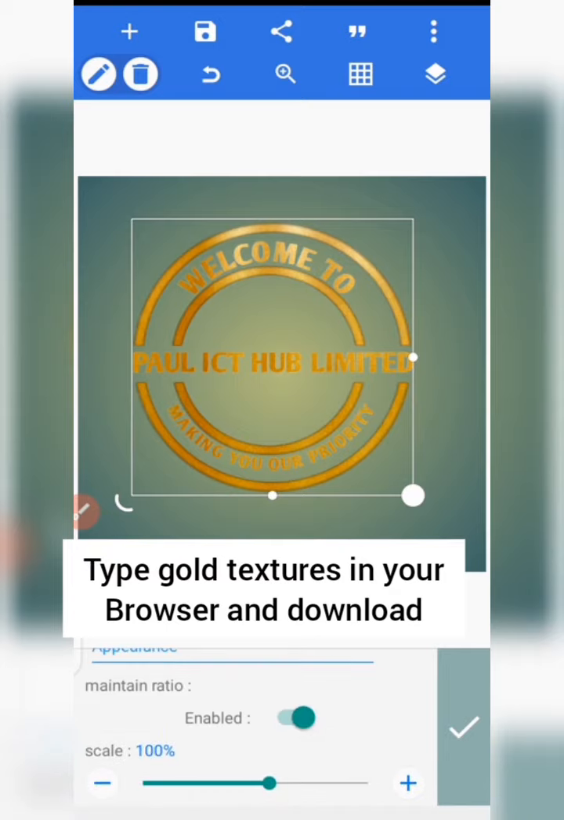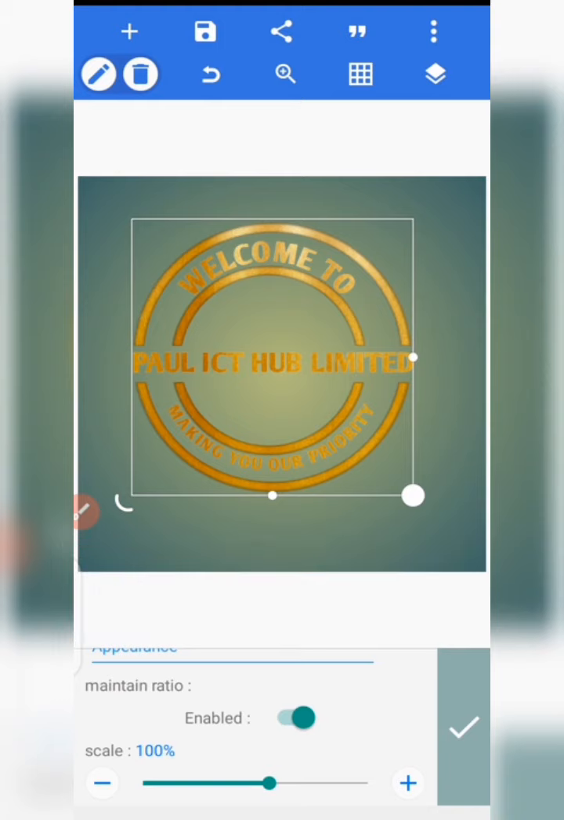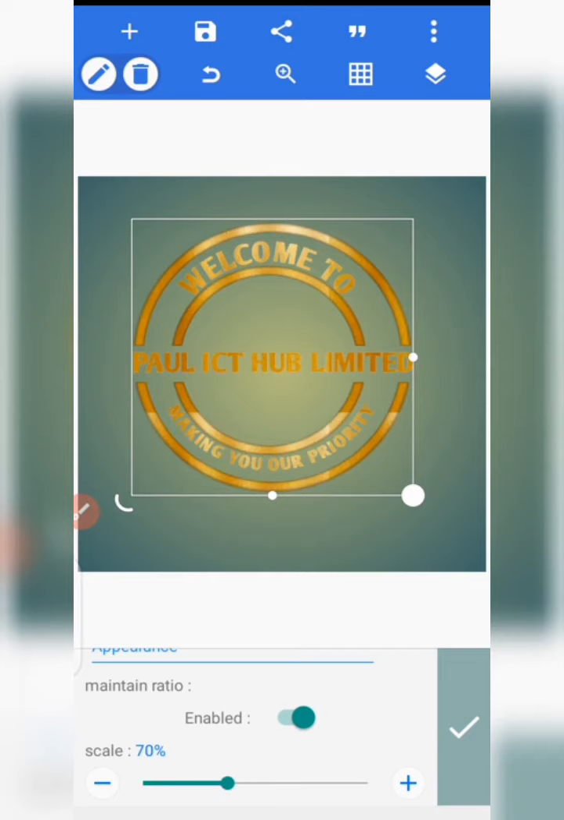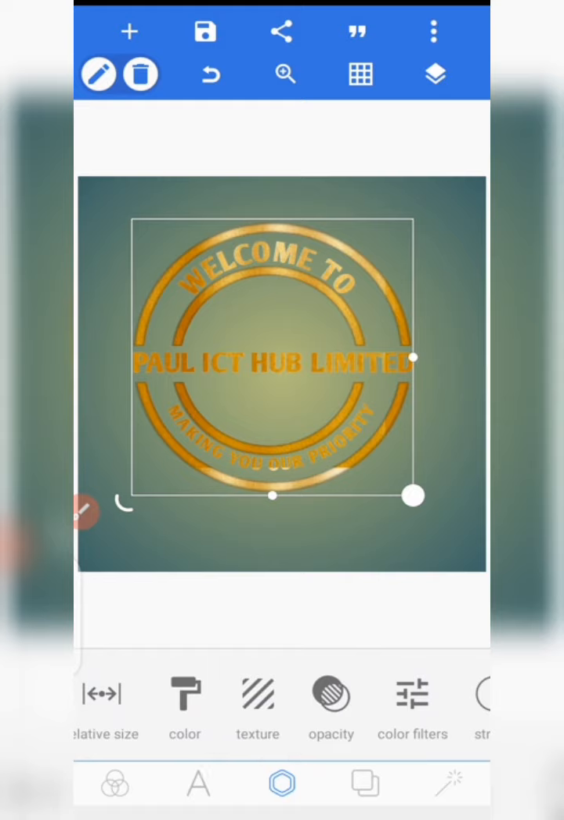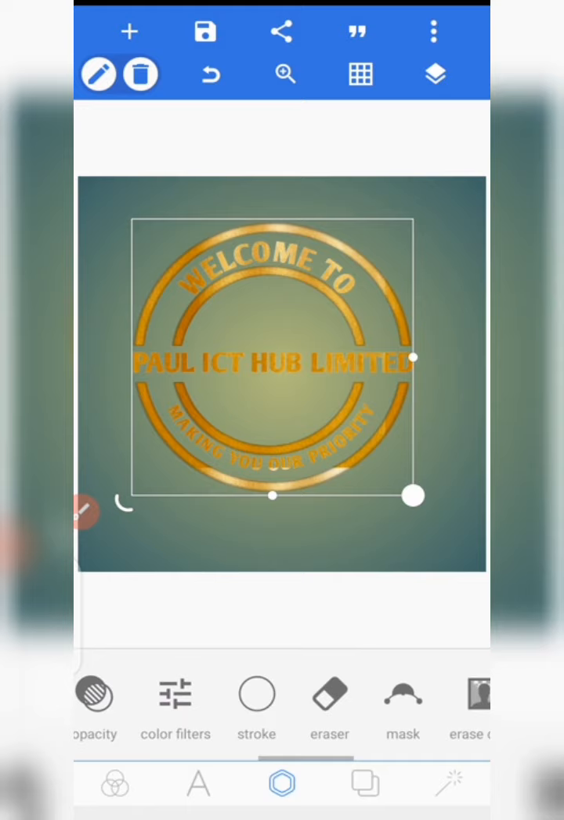Let's enable the ratio. You can see the scale now. Something is happening. You have to keep it how you want it. How do I want it? 70, 80, 90. Okay. Let me leave it at 90. So alright, it's okay. So the next thing I have to do now is to go to